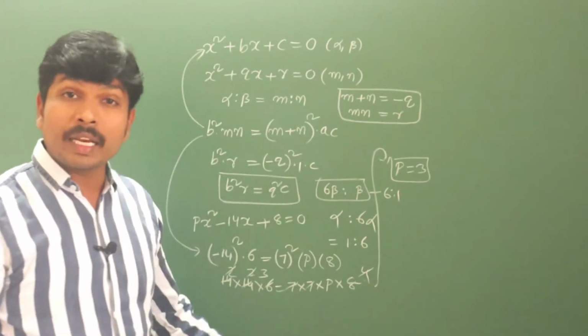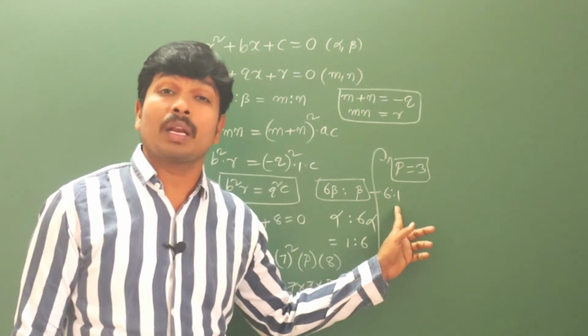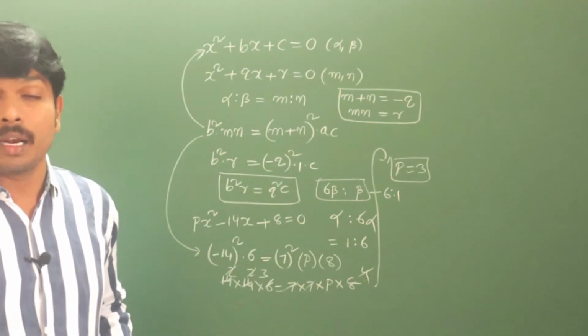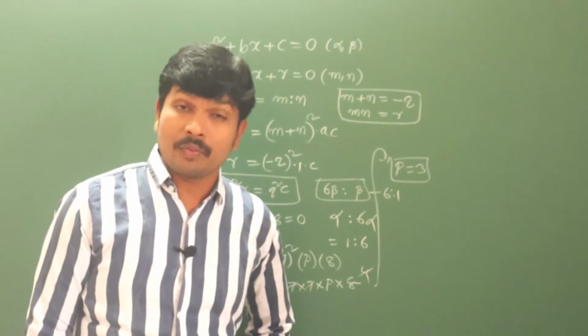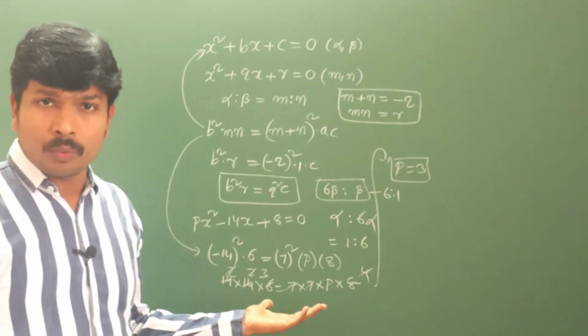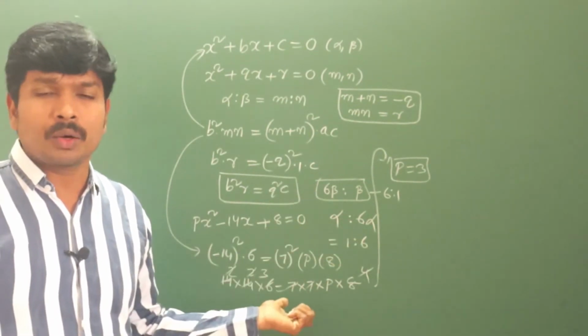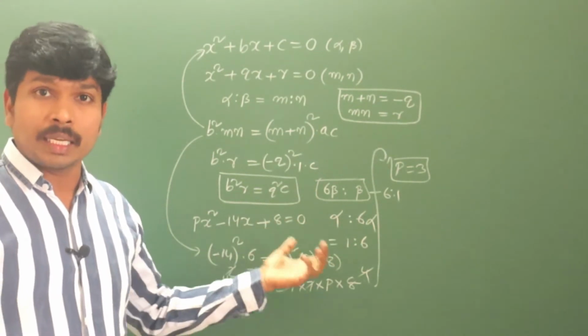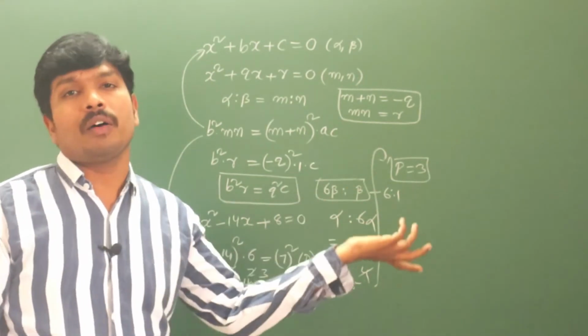So if we are taking 6 is to 1, then is it correct or not? Do you have such kind of doubt in your mind? Whatever it may be, you take it, no problem. One root is 6 times the other root is nothing but that the second root is 1/6 part of the first root.